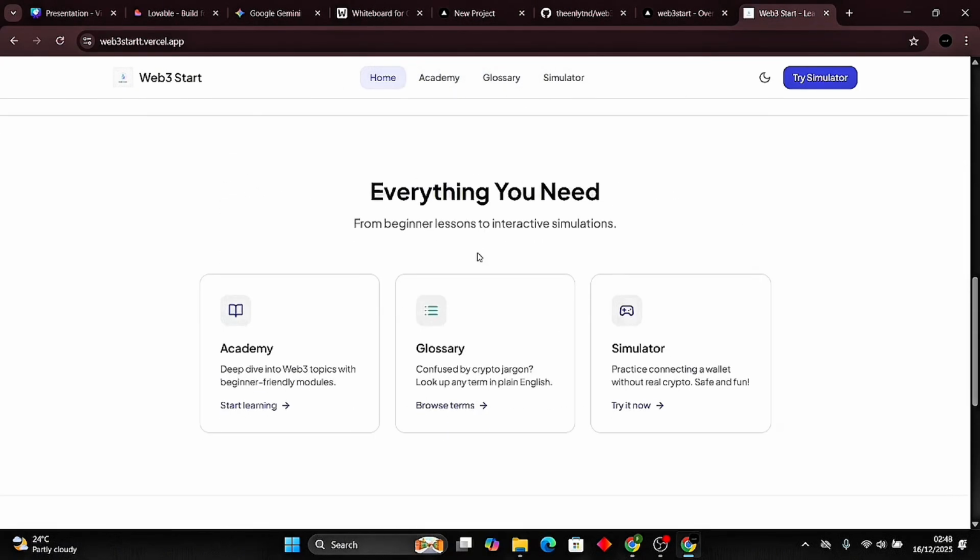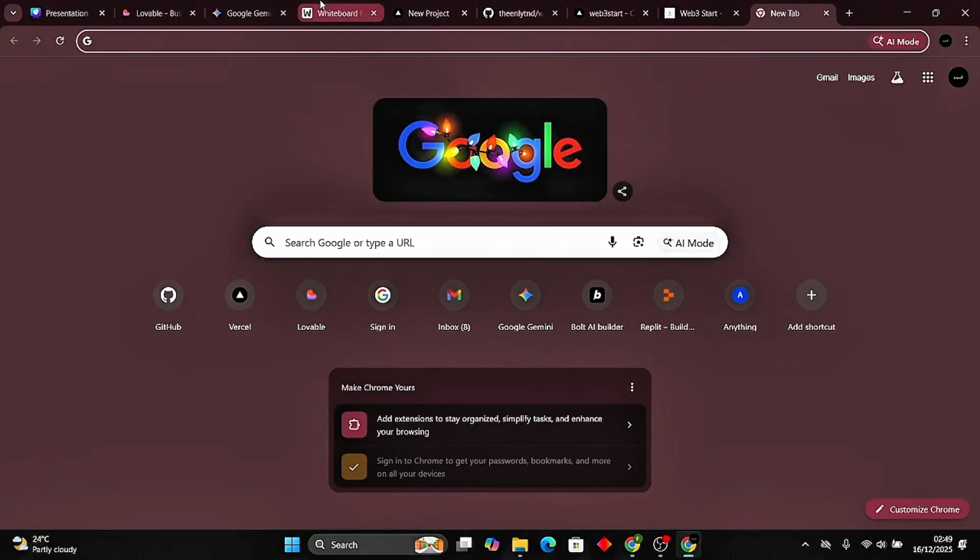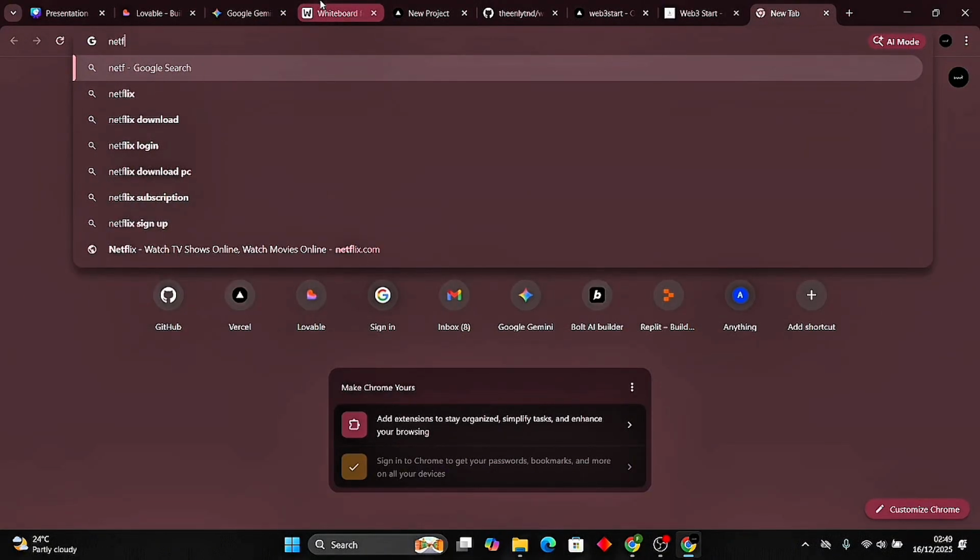building with Lovable and deploying directly. If you are using any other website, whether it's V0, whether it's Bolt, whether it's Replit, whether it's anything.com, you still need to connect your GitHub and deploy. You can also use Netlify, not Netflix, Netlify.com